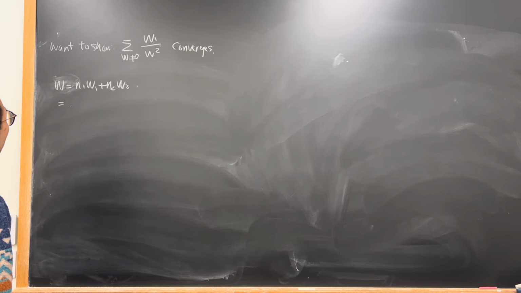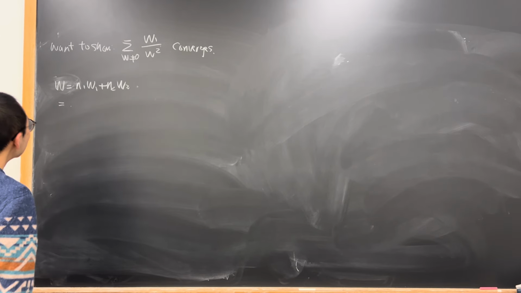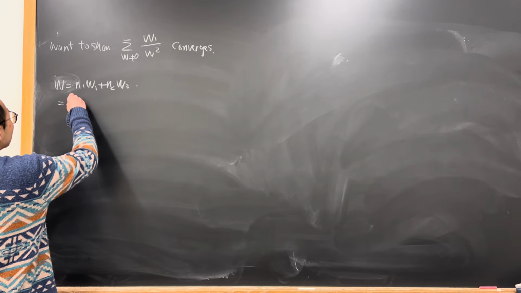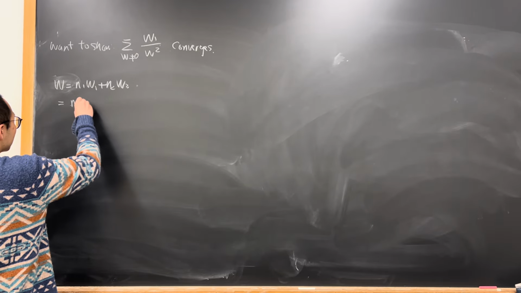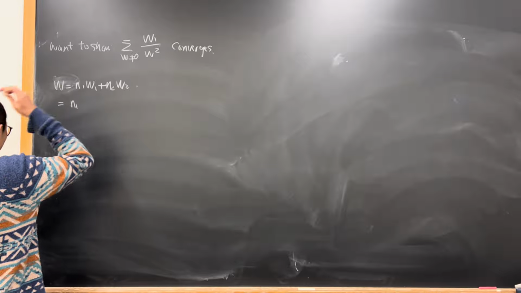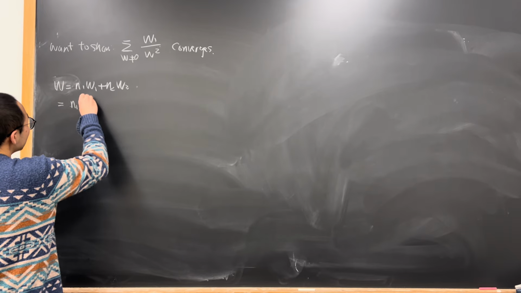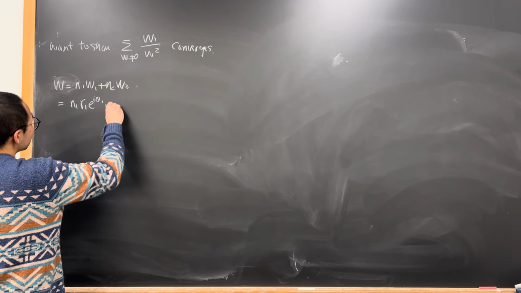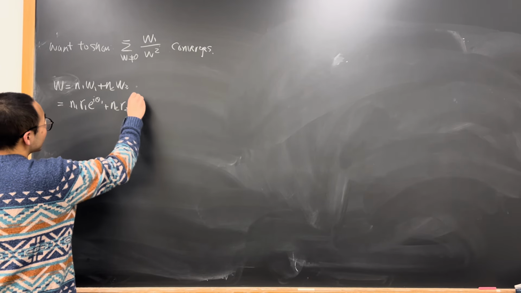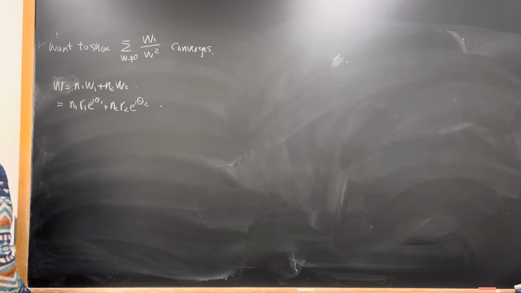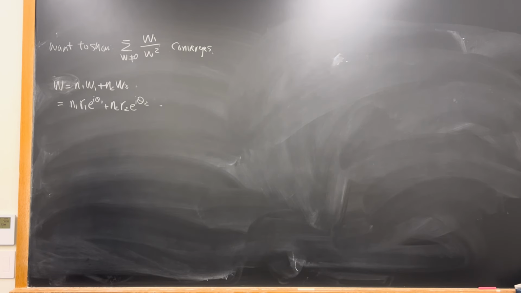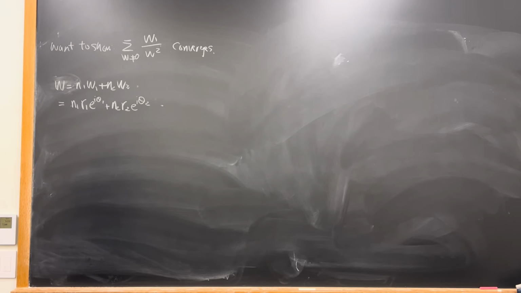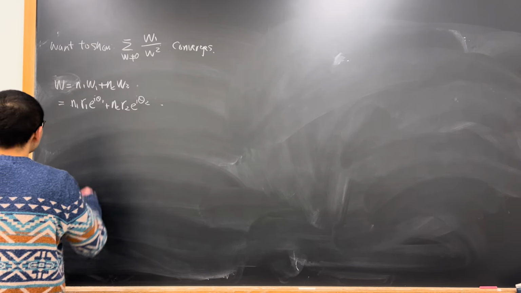So here you have n1 R1 e to the i theta 1 plus n2 R2 e to the i theta 2. So if you square that,